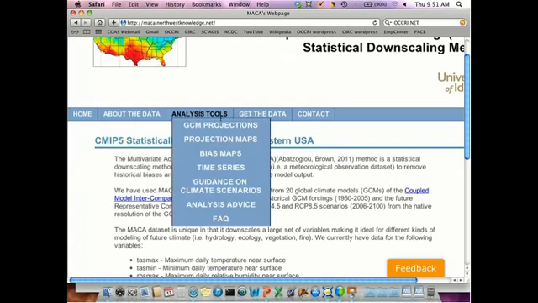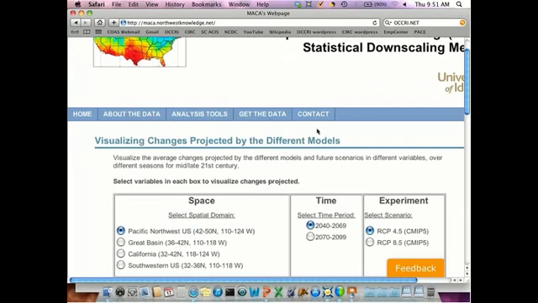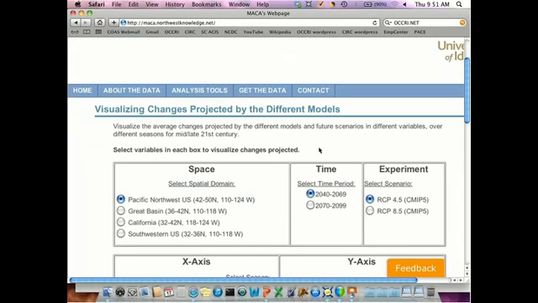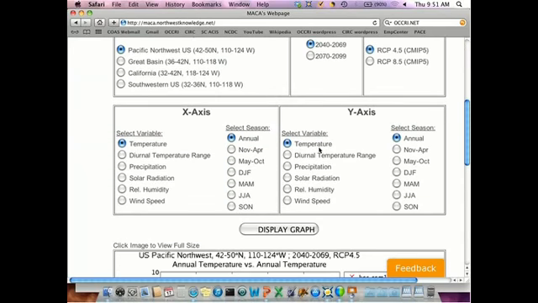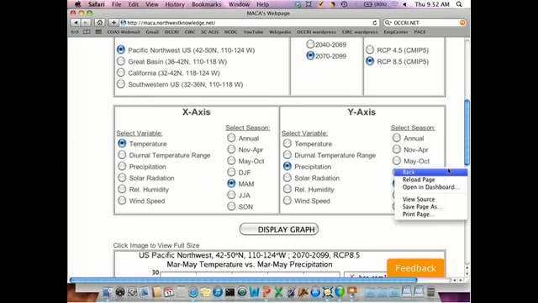We also have a number of tools. So there's a set of analysis tools here, and I'll just briefly mention a few of them. A lot of them work in sort of a menu format. So you can go through and actually make plots of, say, the change in temperature versus the change in precipitation. You can select your time period of interest, and let's just say we want to look at spring temperature and spring precipitation on the same plot. We can do that, and it will actually bring up